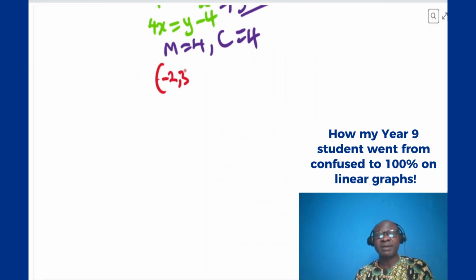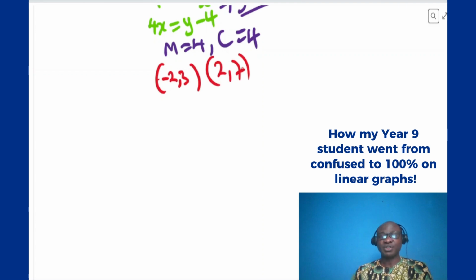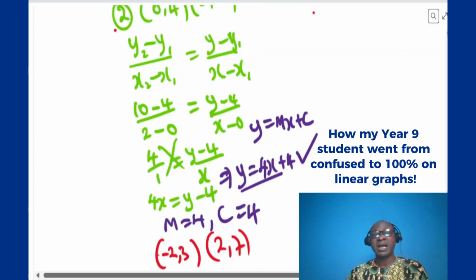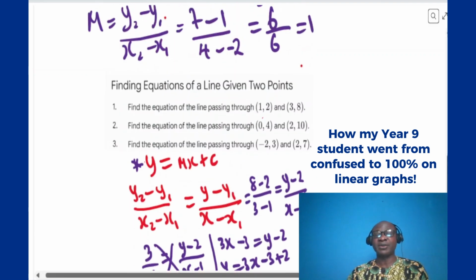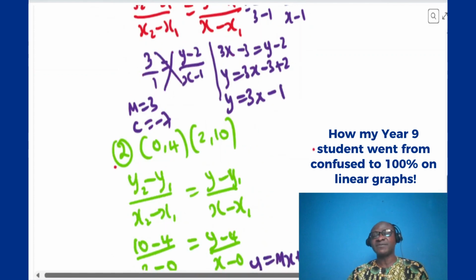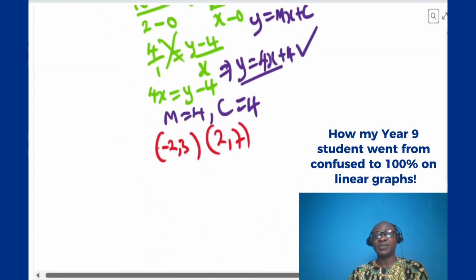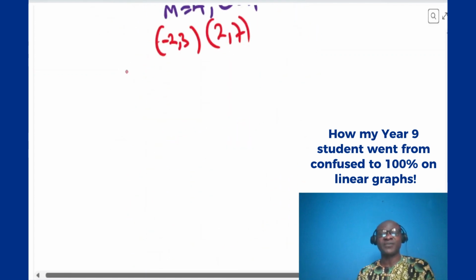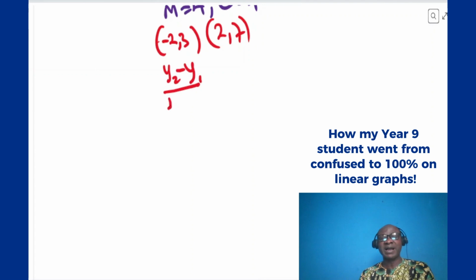Comma what? 3, right? Yes. 2 comma 7. I want to be sure that I wrote the values okay: minus 2 comma 3, 2 comma 7. So I now go ahead to finding what I am asked to find, which is the equation. Therefore, our formula: y2 minus y1 all over x2 minus x1